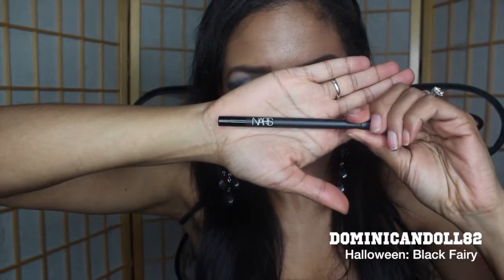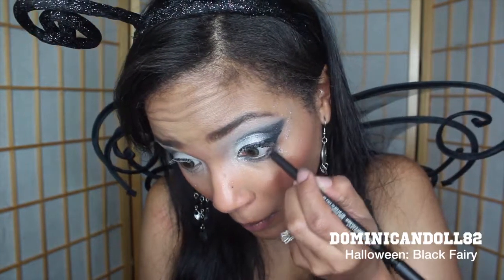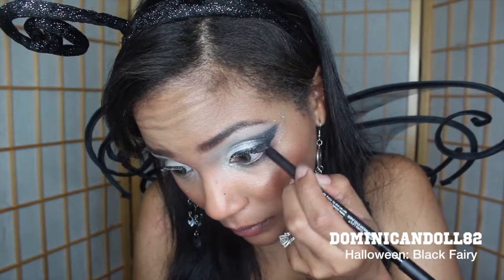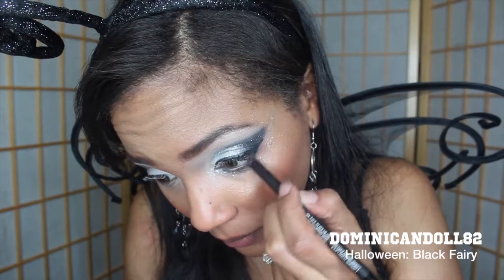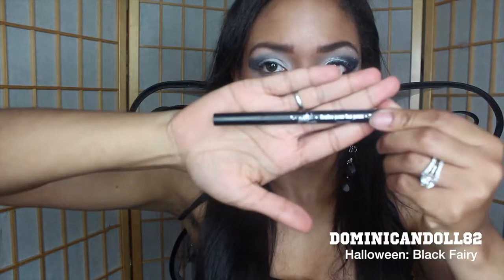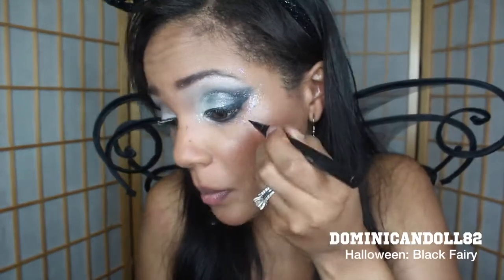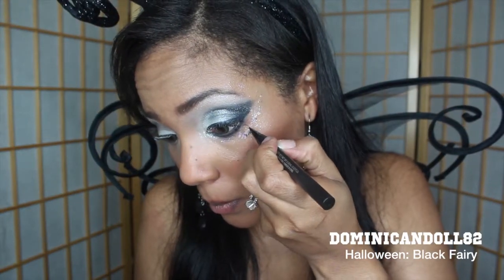So I'm going to be lining the inner rim using the NARS black pencil. I'm going to be doing that all along the lower lash line and inside of the waterline. And then I'm going to be using this Kat Von D marker pen, which I really have been loving, and